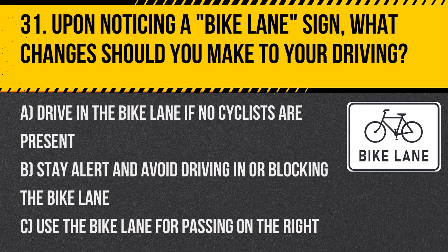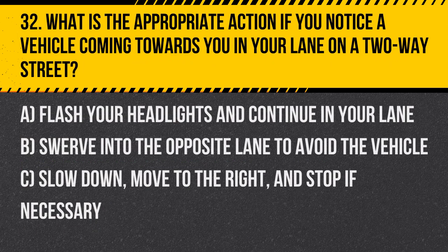A. Drive in the bike lane if no cyclists are present. B. Stay alert and avoid driving in or blocking the bike lane. C. Use the bike lane for passing on the right. Answer B. Stay alert and avoid driving in or blocking the bike lane. It's important to respect the designated space for cyclists by not encroaching on bike lanes. Question 32. What is the appropriate action if you notice a vehicle coming towards you in your lane on a